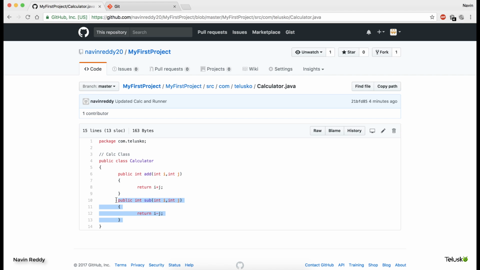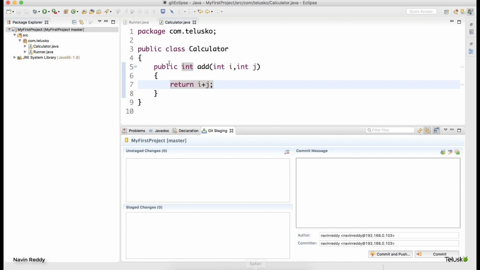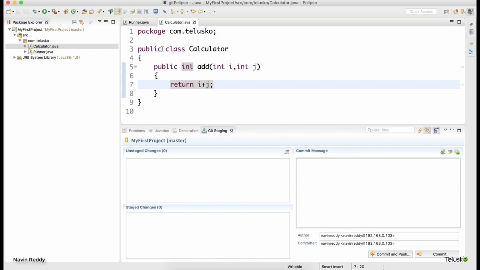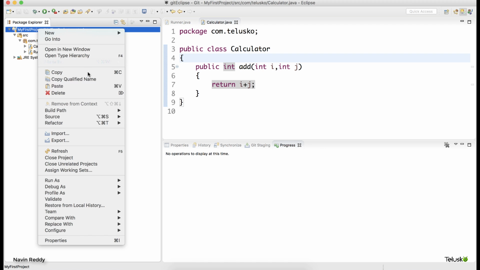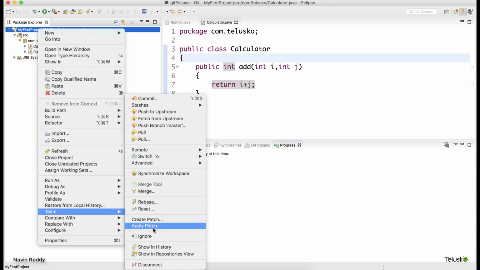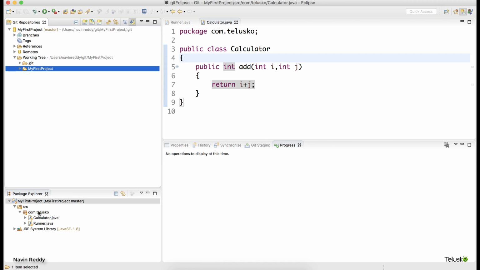But then, okay, we have not completed the project yet, because if I open my Eclipse, if I see this calculator, the changes are still not here because it is there on my GitHub server, right? How do I fetch those changes here on my machine, on my Eclipse? Oh, that's a tricky part now. So what you can do is you can right click here and say team, give me a repository view.